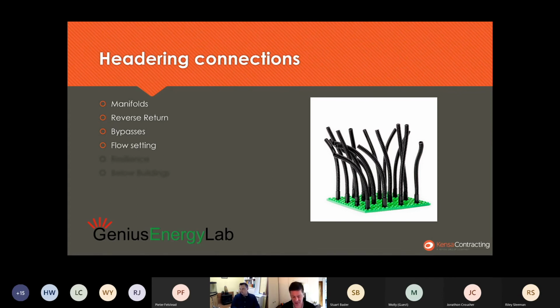Lovely. Question in on reverse and return. Do you increase the pipe diameter to reduce resistance? Yeah, so in any header pipe, what we're doing is we're looking to select that diameter of that pipe to make it acceptable within the overall context of the system. So for example, if we've got, like, I don't know, 40 kPa in the borehole, and we've got an 80 kPa pump in the heat pump, then we've got 40 kPa to play with for the pipes